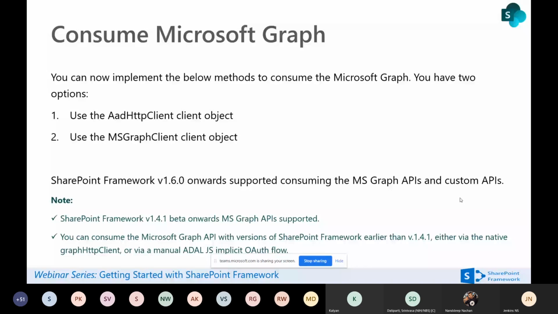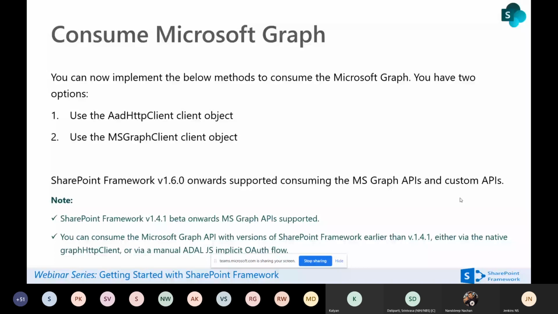If you are using an earlier version, always try to use the REST APIs. In the previous class I showed you using jQuery and REST API. That format you can try before 1.6. Now it's 1.10, so always go with the latest versions. If you are developing a new application, you can go and use Microsoft Graph because there is no need to migrate afterwards. Microsoft Graph is now a unified REST API, so always prefer the latest one. Don't go with the old one.